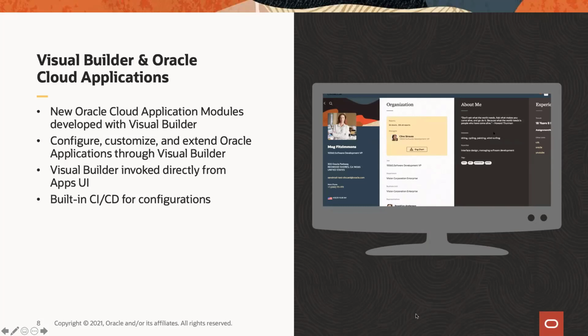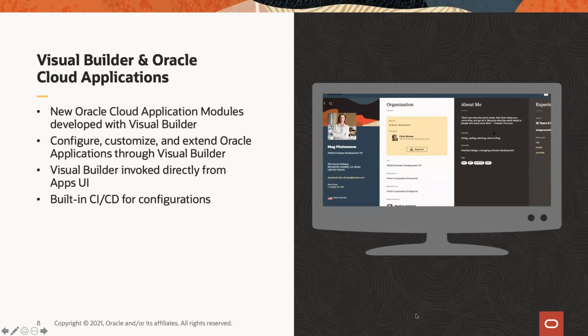Some of them do just configuration in terms of allowing you to hide sections or show sections in the page. Other ones can go much further and allow you to modify things at the field level and even get to a situation where you can add things into the page and enhance the page with additional fields,